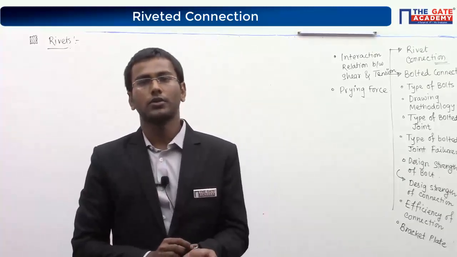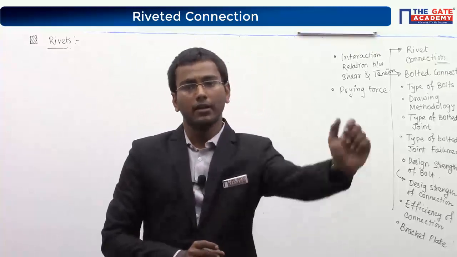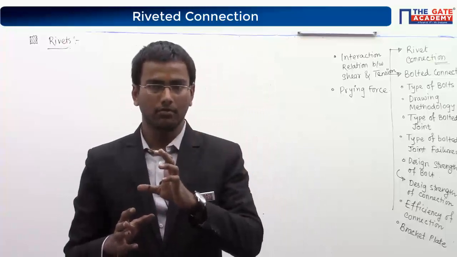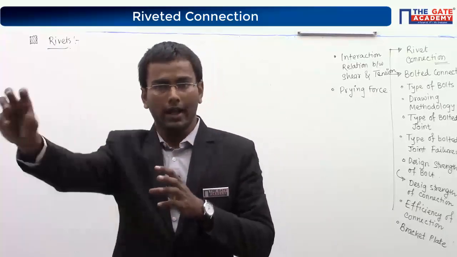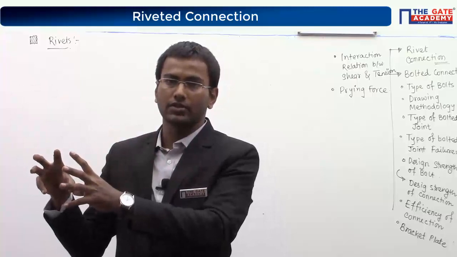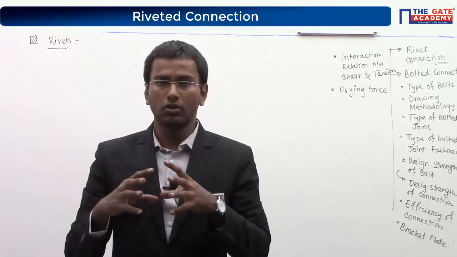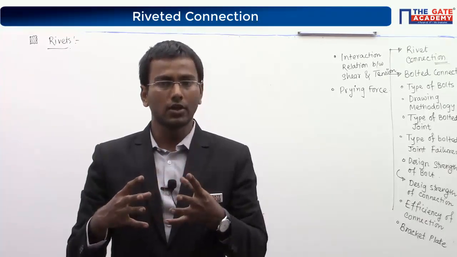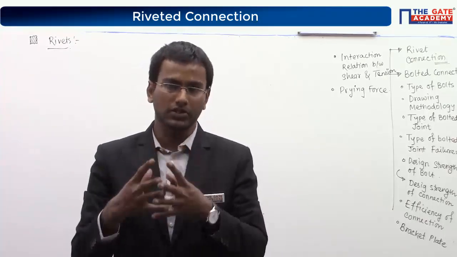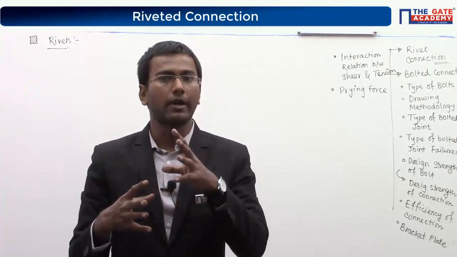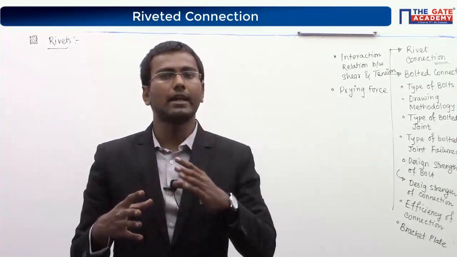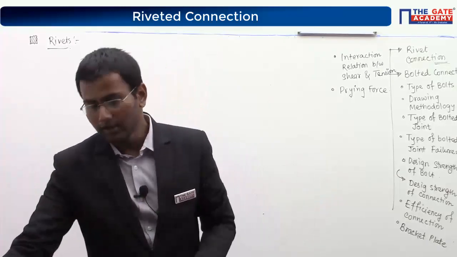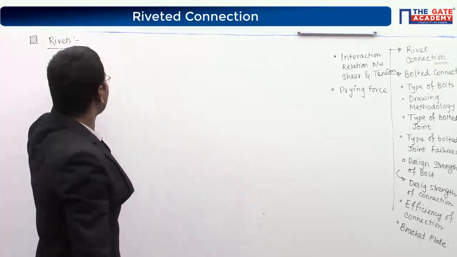Now sir, why in 2010-2012 were riveted structures made? Because the design was done in 2005 or 2006 based on the working stress method, and the implementation in construction was done 5 years later. So though the new IS 800 code of 2007 was released, we can still find a few constructions or bridges made of rivets, because the design was done 5 years earlier and construction finished 5 years later. So that's why we need to know the basics of riveted connections.